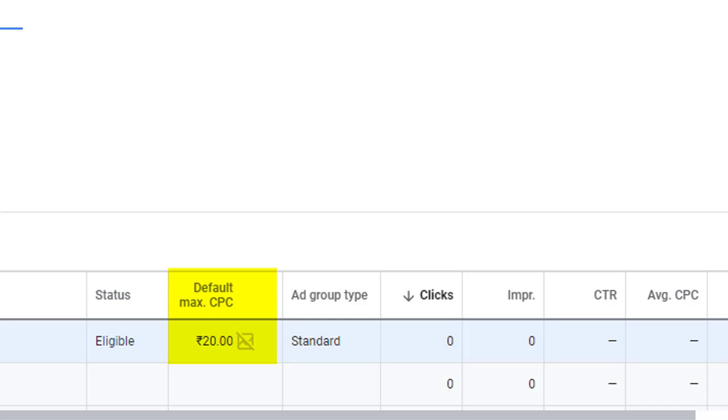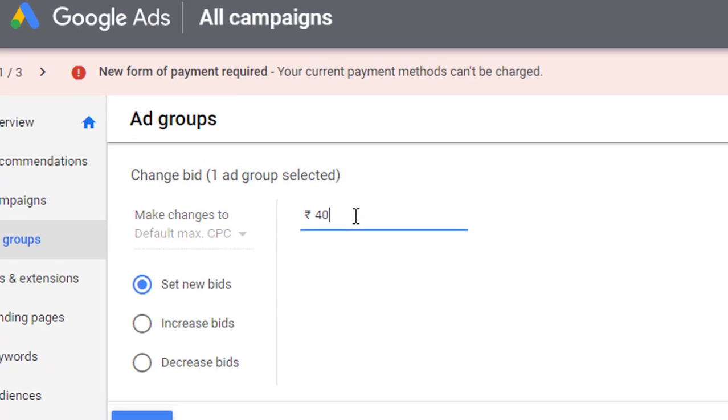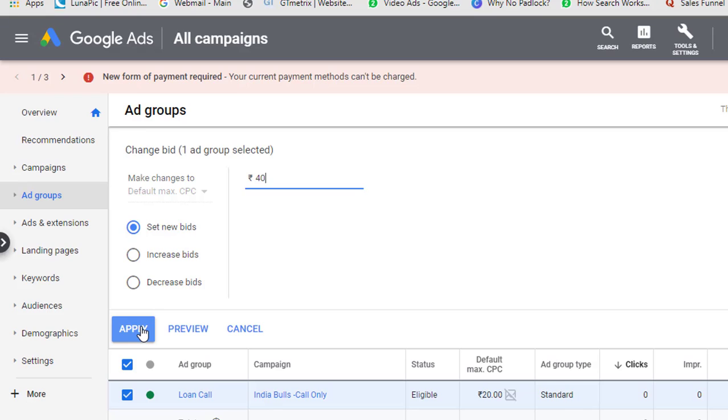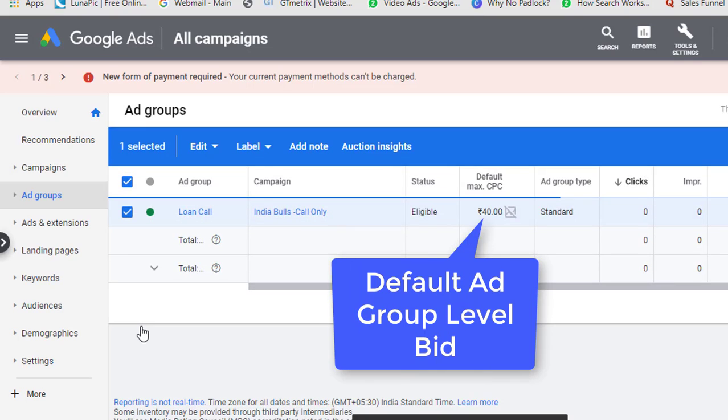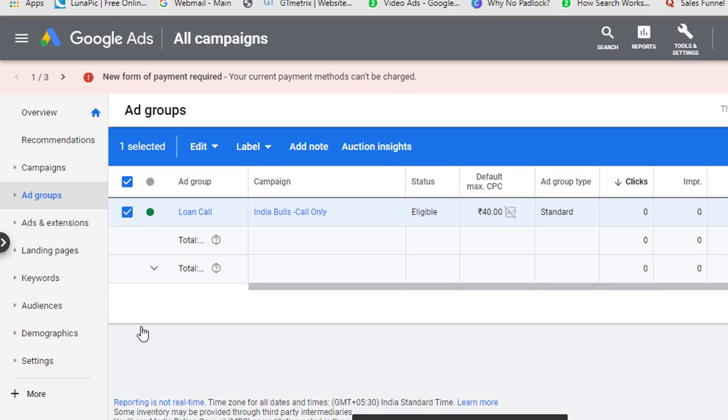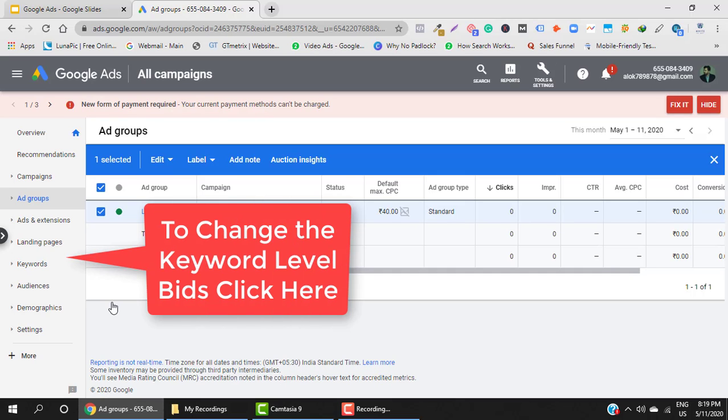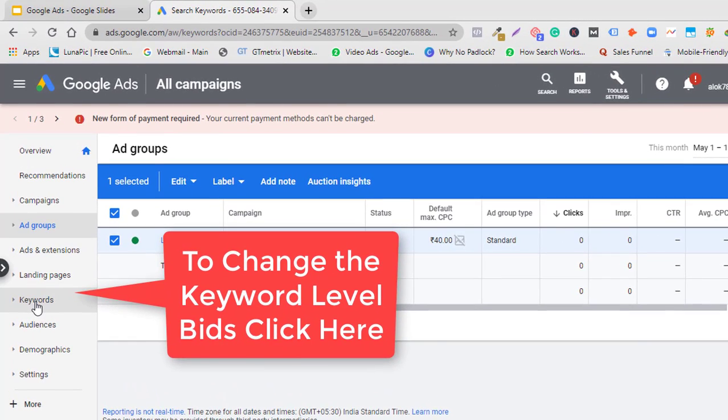I might change it to, let's say, 40, and I will click on apply. Since all the keywords are in this ad group, and keywords come down below the ad groups, all the keywords should have got 40 as the default maximum cost per click.